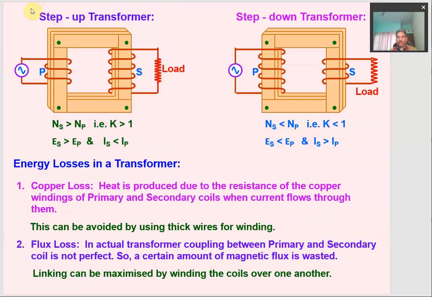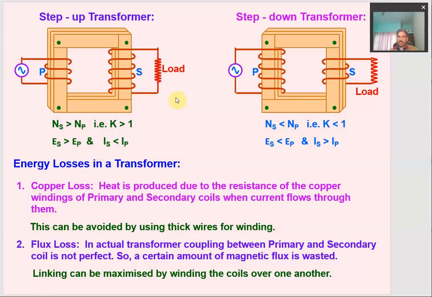Depending upon the need, either we make use of a step up transformer, which increases the voltage from a low to a higher value, of course by changing the current. And depending upon the use, we have another transformer, the step down transformer, which converts a high voltage into a low voltage, of course again by changing the current. Okay, so how is a step up transformer constructed and how does it work?